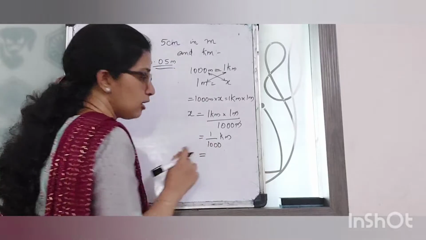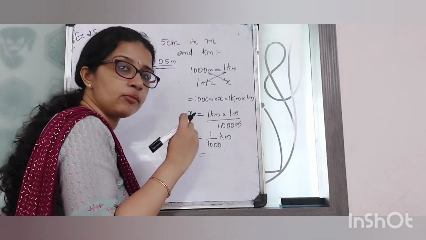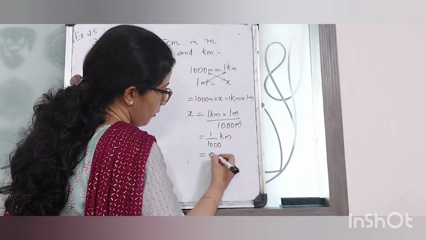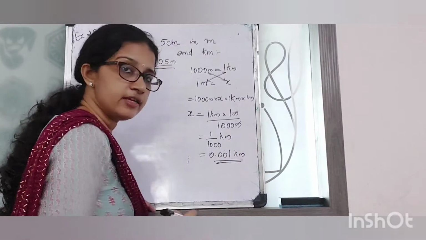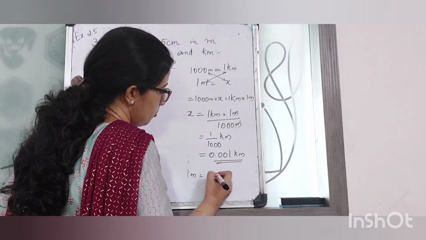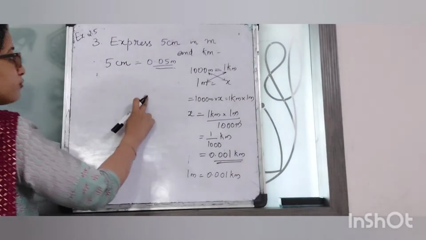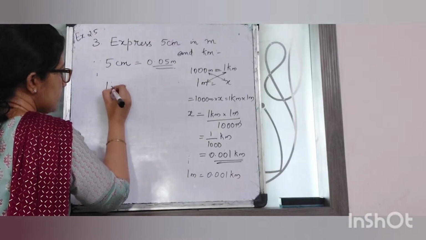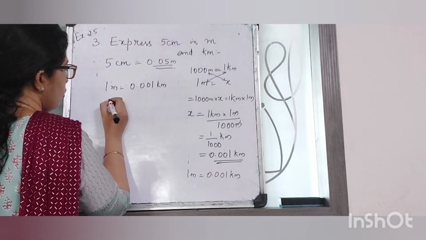Okay. So this 1 by 1000 kilometer can be written as, so 3 zeros are there in 1000. So how many digits should be there to the right hand side of the decimal? 3 digits. Okay. So 0.001 kilometer. Okay, 0.001 kilometer. So we got 1 meter is equal to 0.001 kilometer. Correct? So what should we find now? We have to find how much is 0.05 meter. Okay? So 1 meter is equal to 0.001 kilometer. So therefore